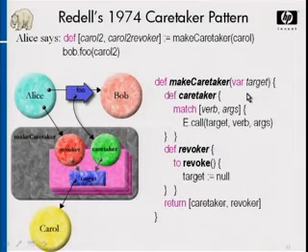What the caretaker does is, she gives Bob access to the caretaker side of the intermediary, and she holds on to the revoker side. The caretaker, whenever it gets a message, such as a message from Bob, is going to forward the message on to whatever the current value of this target variable is. When Alice invokes the revoker, that's going to set this target variable to null, and that will prevent further messages from Bob from getting to Carol.